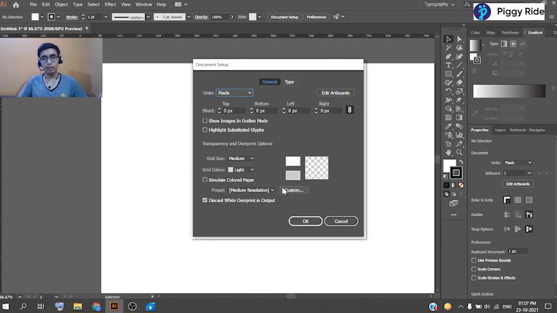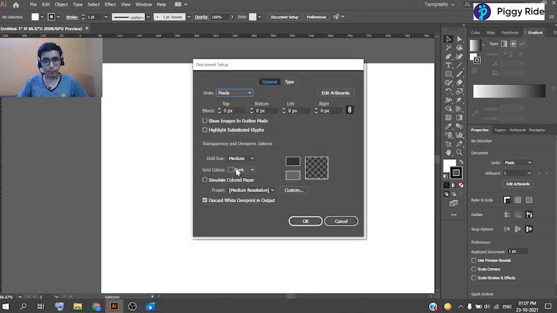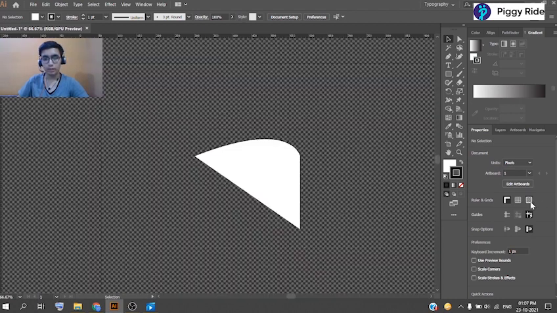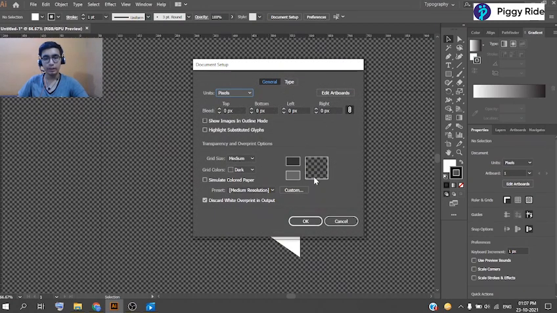For example, we can change the grid colors from dark. Right now our canvas is gray, so we can change it to transparent, like that. See, now from gray it has made our artboard transparent. We can change the color from here, like dark or very light.